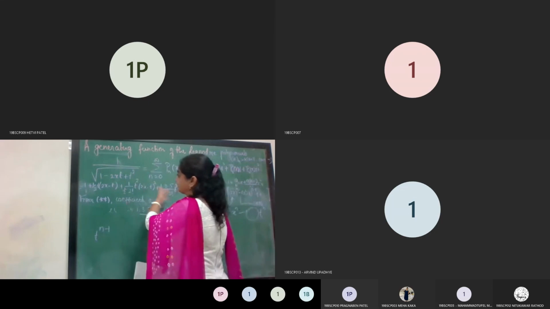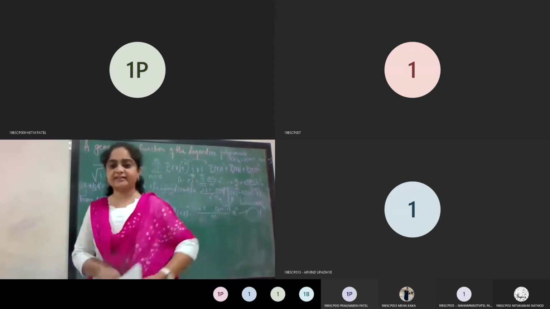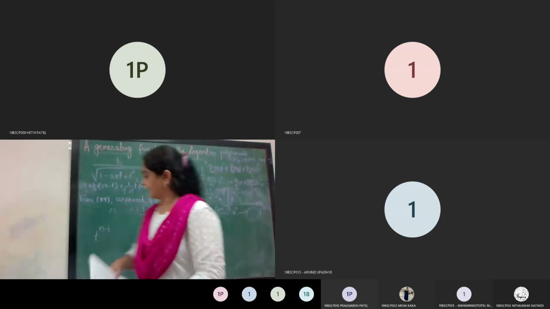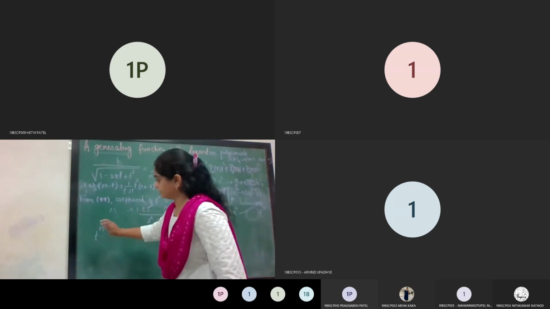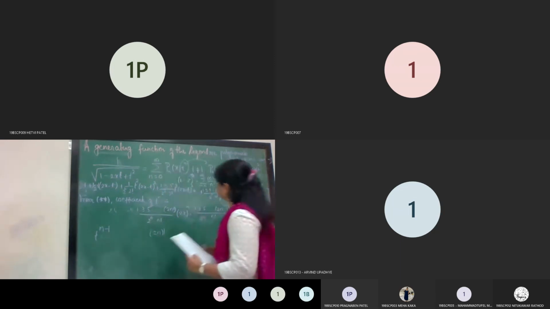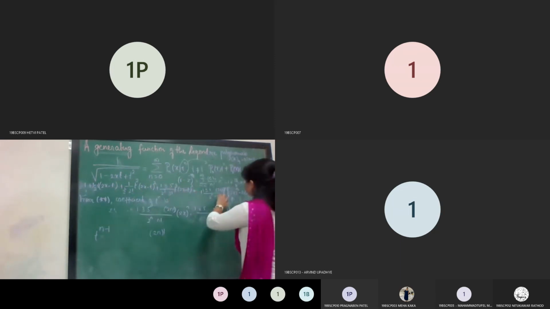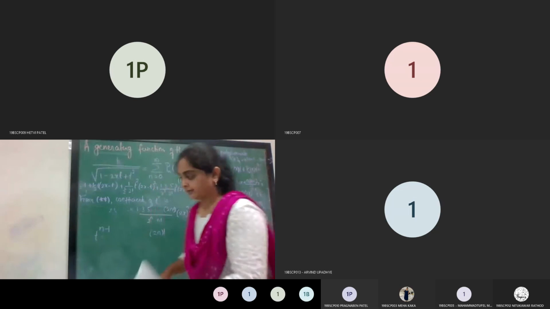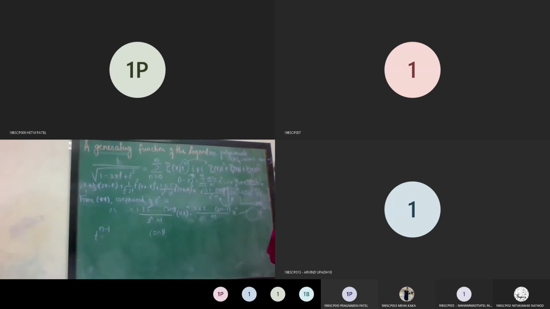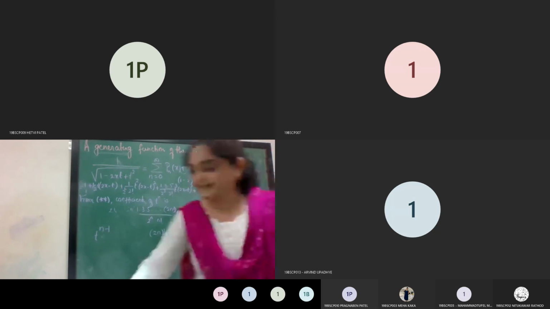Here you will see that there are different powers of t, so what will be the corresponding coefficients of those powers, that we are going to see. And we have considered just the first term. Now we will compare the coefficients of t raised to n minus 1 from this term. The t raised to n minus 1 term means this is the term preceding the one with t raised to n power. So the preceding term will have the power t raised to n minus 1, and all the rest of the terms will be multiplied with all these terms. So what will be that term that I am asking?